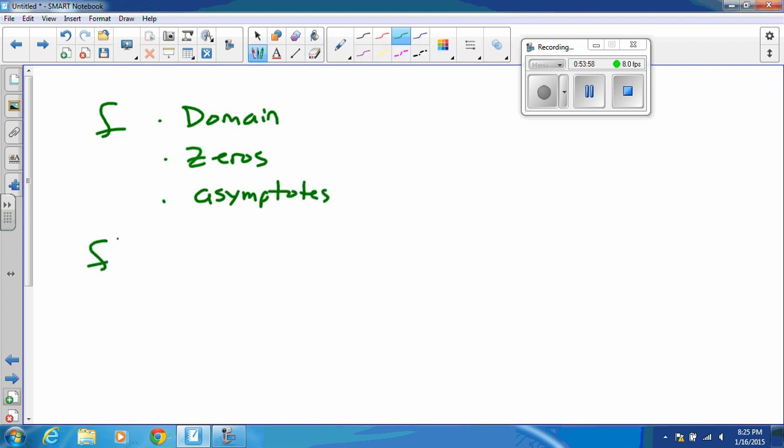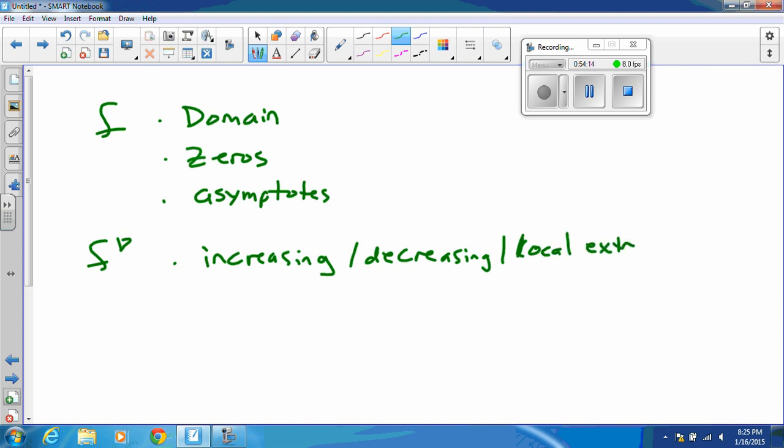Let's summarize our function sketching process. We can use the equation of f to find domain restrictions and also to find any obvious zeros for f. If we were to have them, we would also use it to find vertical asymptotes and horizontal asymptotes. We then use f prime to find places where f is increasing and decreasing,